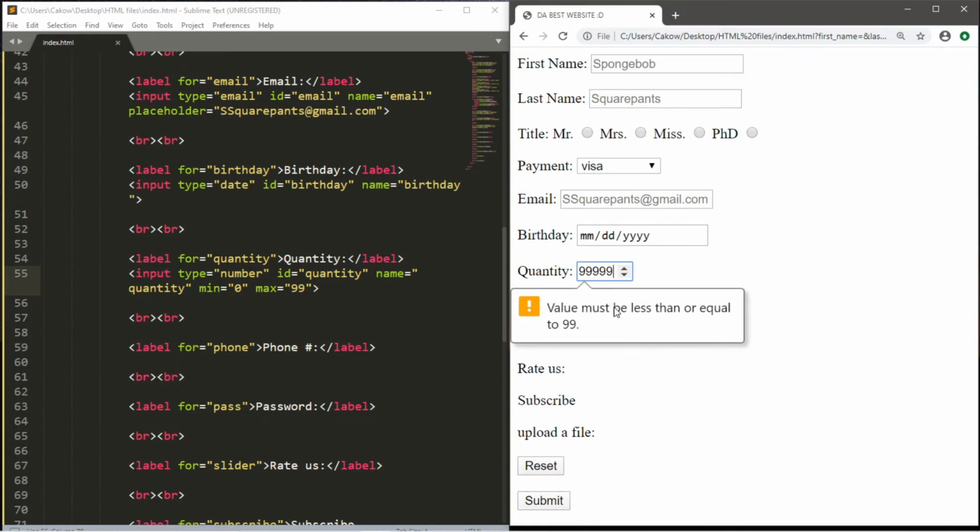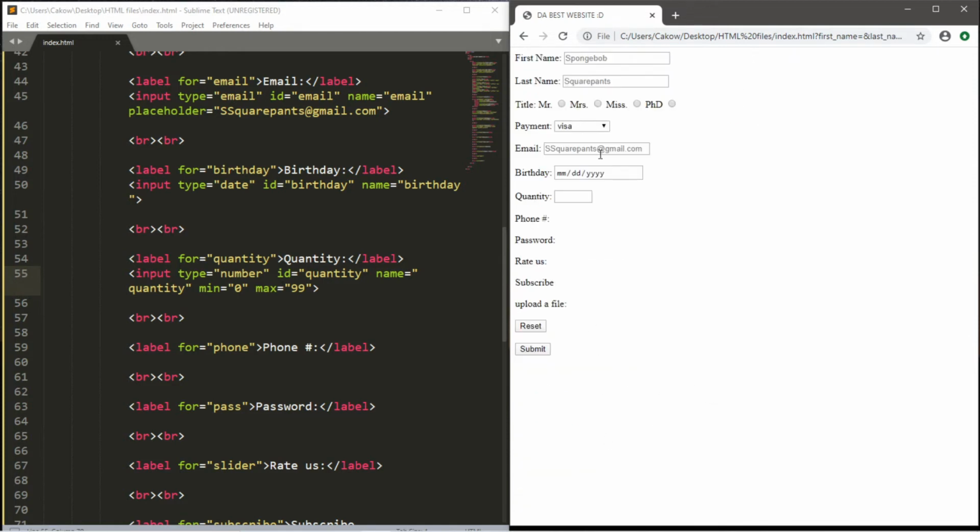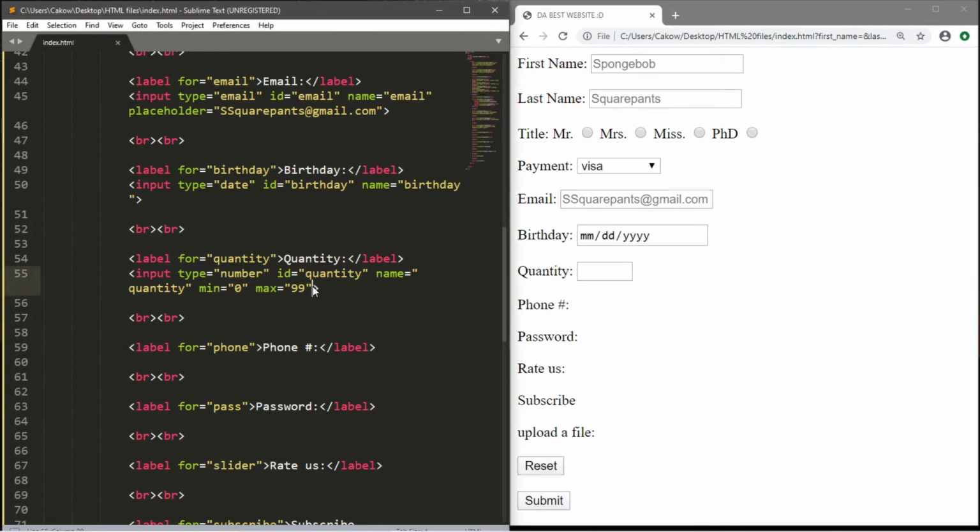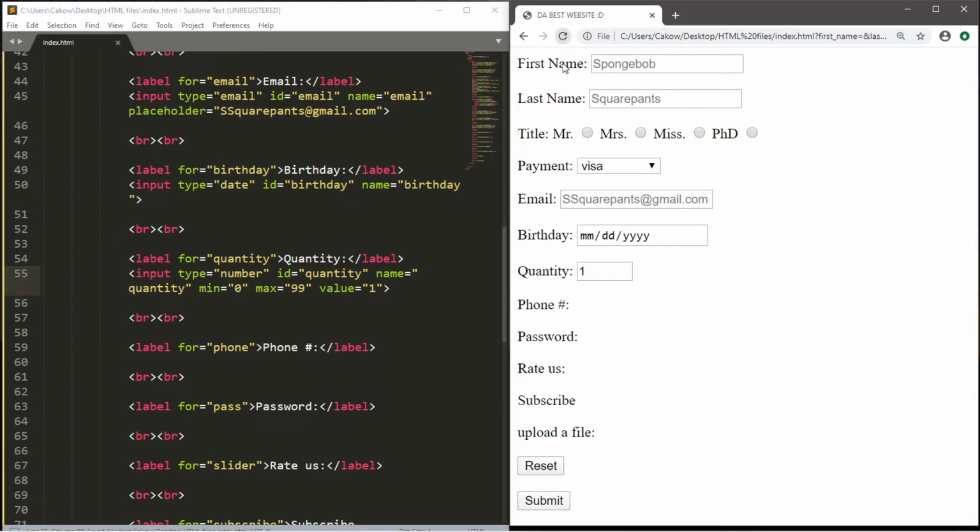It says value must be less than or equal to 99. So if we were to type in 99, which is actually the max, then submit it, this would work then. You can also set a default quantity, like for example, use the value attribute and set this equal to 1. So by default, you're going to have a quantity of 1 in case somebody's like checking out something in an online shop. They'll end up buying at least one item, but they can increase this if they want.